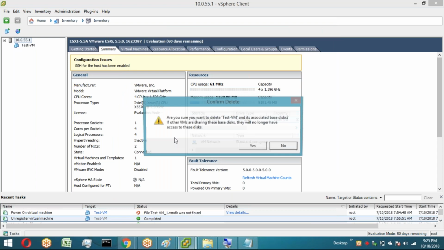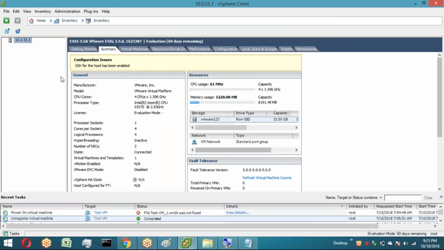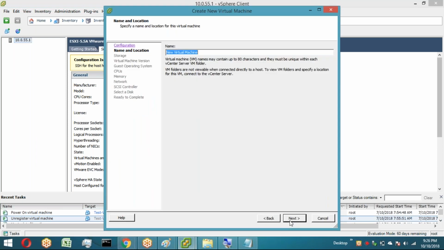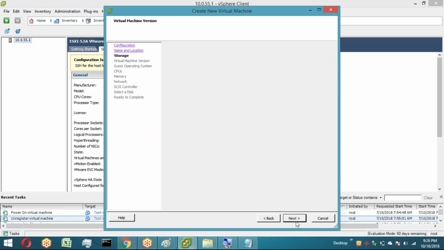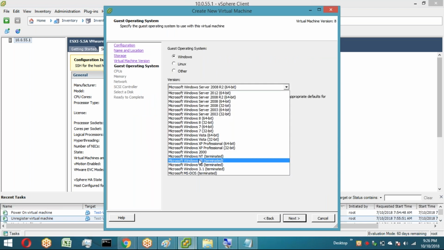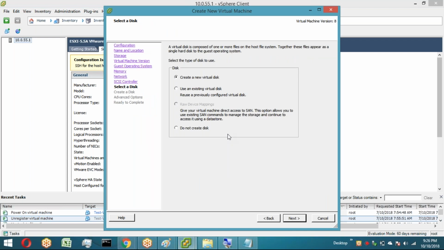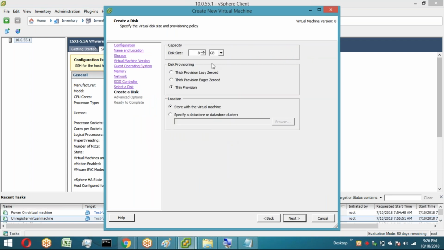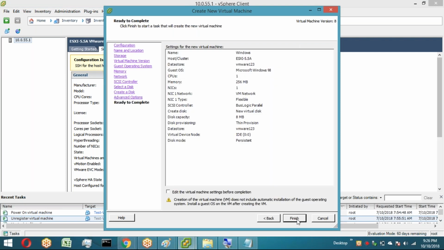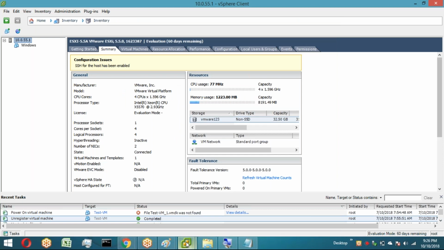I'm going to install Windows. Next, next, next. I'm going to say Windows 98 is what I'm going to install. So next, next, next, next. Create a new virtual disk. I say next, thin provisioning. I'm saying 8 MB is fine with me. Next. Finish. I've created a VM here, and we have a VM which is being created, and obviously I would